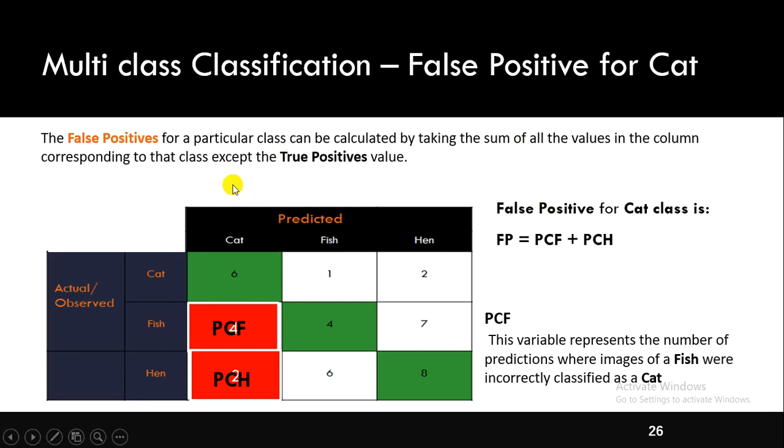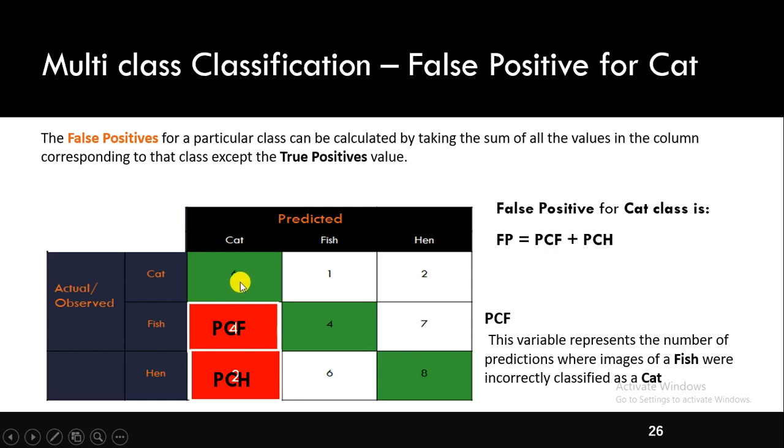We need to find the false positive for the cat class. In this case, this row has the actual value for the cat and this is the predicted value for the cat. My model wrongly predicted positive for these 2 events, hence it is called false positive. Here my model wrongly predicted these 2 images as cat, whereas they are non-cat images, hence it is a false positive.